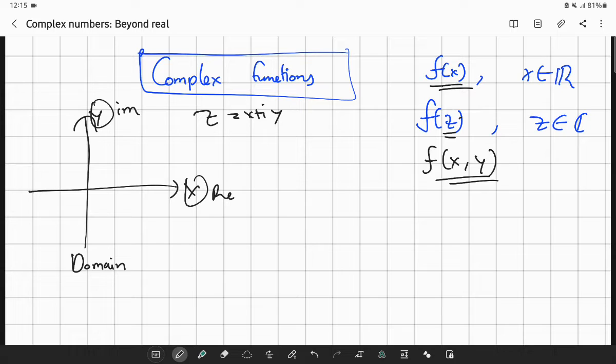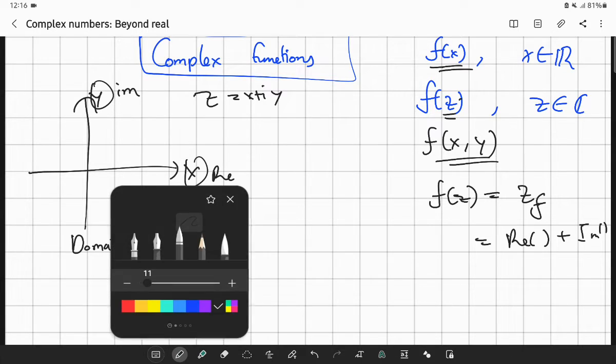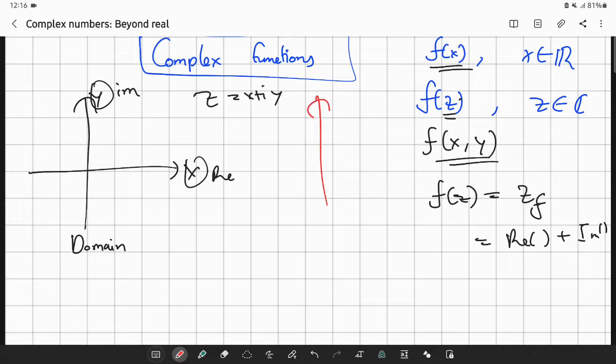What about the output? I mean, f of z is in general another complex number. Let's call it, I don't know, what do I call it? Z sub f. Now z sub f has a real part and an imaginary part, doesn't it? So the output itself is again 2-dimensional because in general it's complex, so I'll have a real part and an imaginary part. Do you see the problem here? I need 2 dimensions for the input and 2 dimensions for the output. So in total I need 4D to represent the function completely, the input of the function and the output of